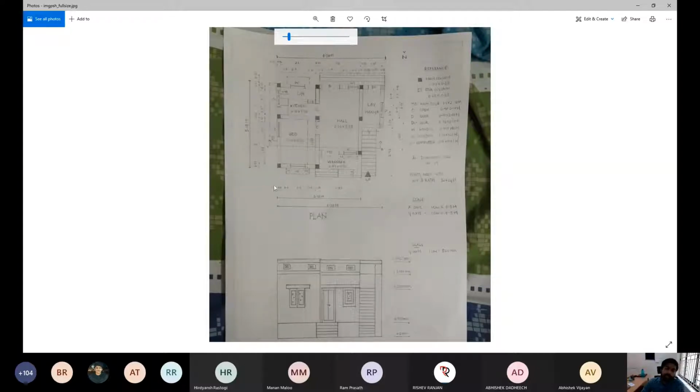Because first you need to calculate the boundary, the outer dimensions. Here it is 6.26 meter and 5.18 meter. 6.26 into 5.18. So based on that dimension, how you can fit that particular dimension into your drawing sheet, accordingly you have to make that scaling. Normally you can make 1:50 or 1:40, 1:60. Any dimensions you can make accordingly.